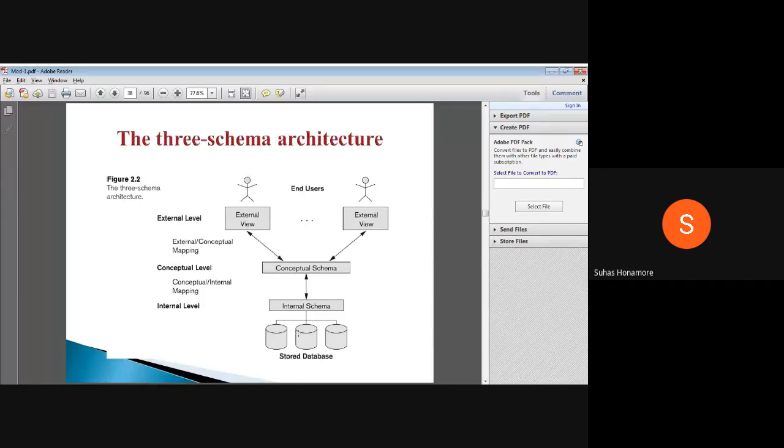Here we have the actual database below, that is the storage. Then in the upper part we have the external view, which is nothing but how the end user will see it. In between we have some schemas. One we'll call the conceptual schema, and one more is the internal schema.